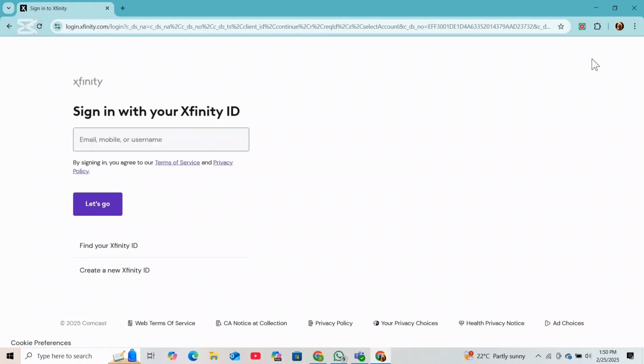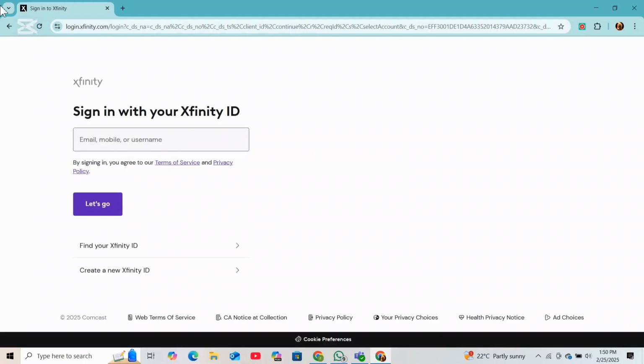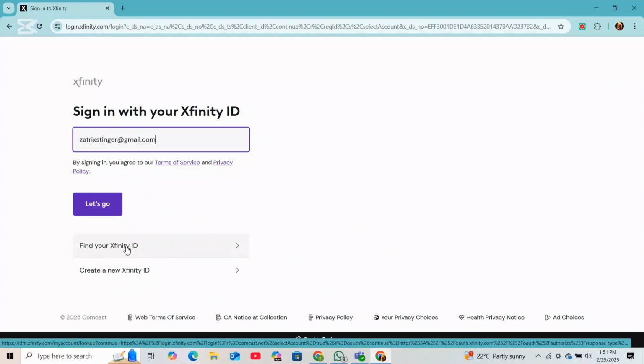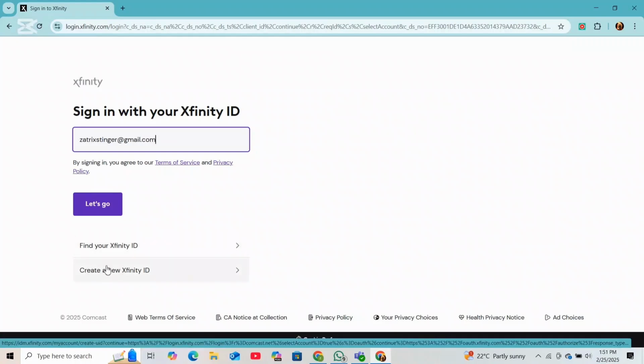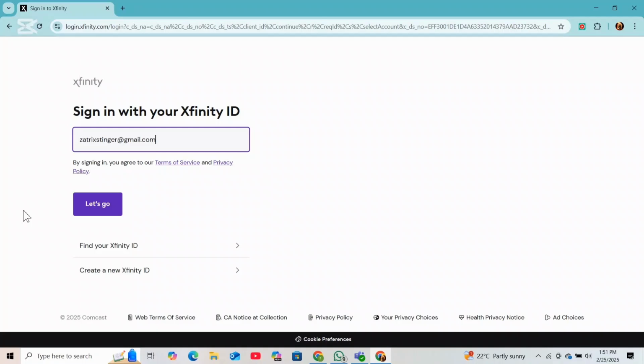From here, you simply have to enter your email address, mobile number, or username associated with your account. And if you forget your username credentials, you can simply click on Find Your Xfinity ID. And if you don't have an account and you want to create a new one, then you can simply click on Create a new Xfinity ID. And once you have entered your login details, you can simply click on the Let's Go button